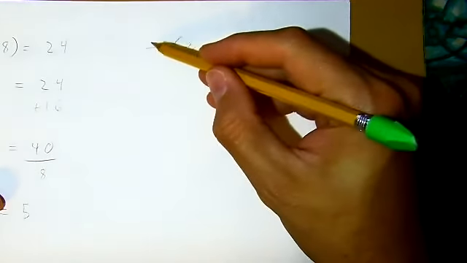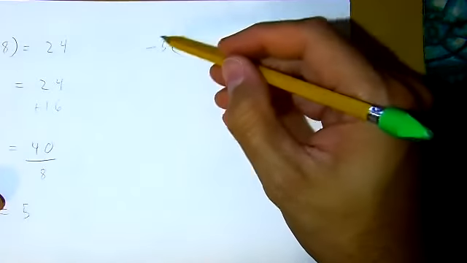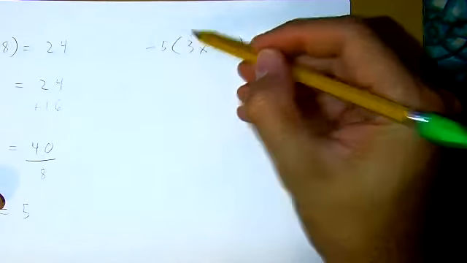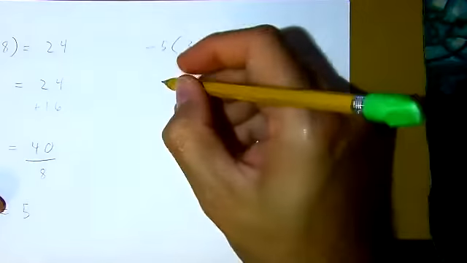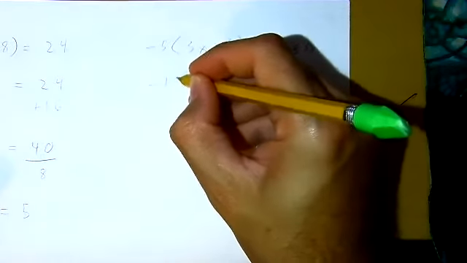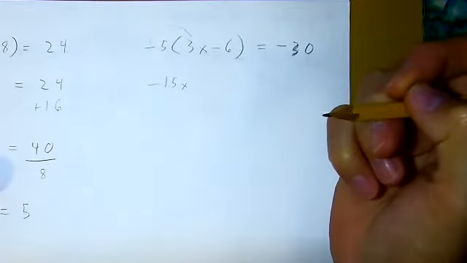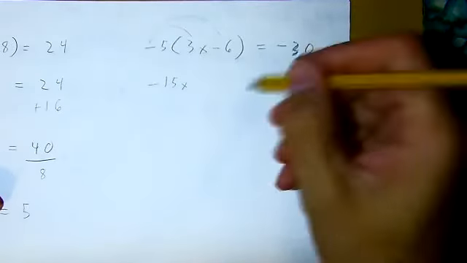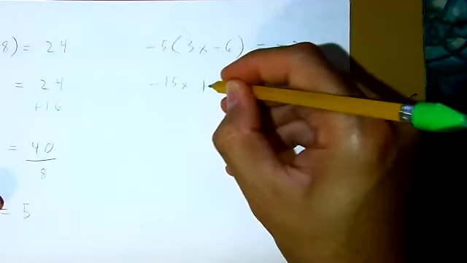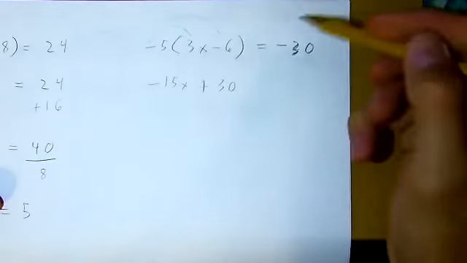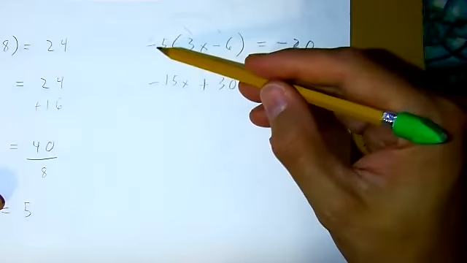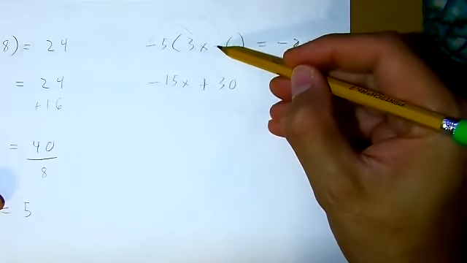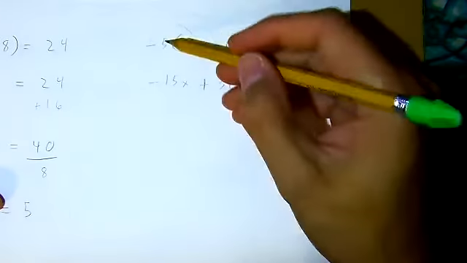So when you're multiplying, this negative is going to get applied both times. So negative 5 times positive 3x is going to be negative 15x. Negative 5 times negative 6 is going to change it to positive 30. So whenever you multiply, make sure that you're